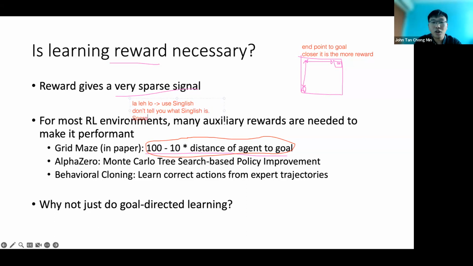I only give you a score of 0 to 5 based on how close you are to Singlish. So if I were to train you in this manner, where I just give you a number score for learning how to do it, it feels difficult, right? So you all agree, right? If we just use the reward itself without telling you how to achieve it, it can be quite difficult